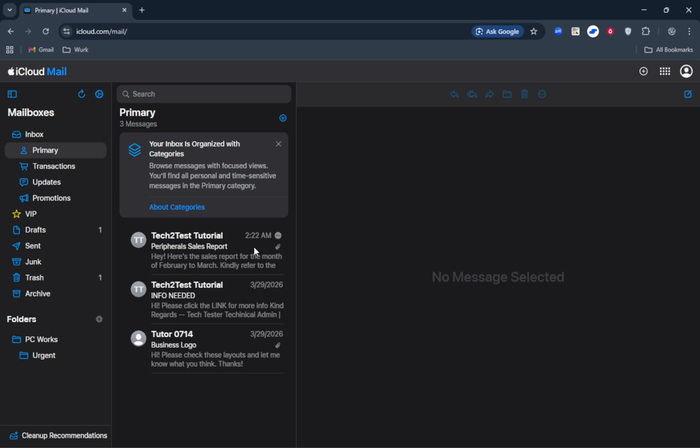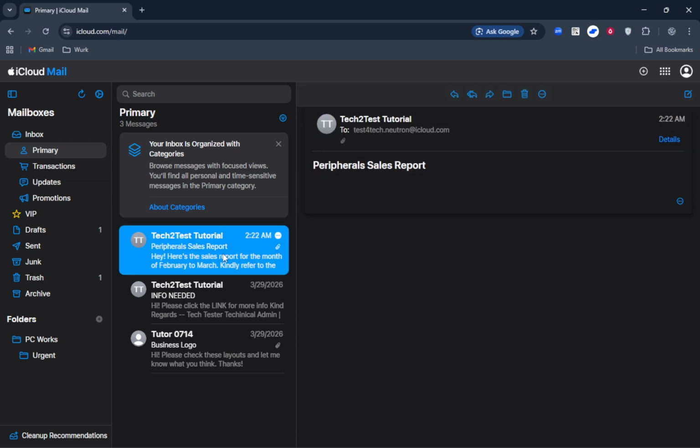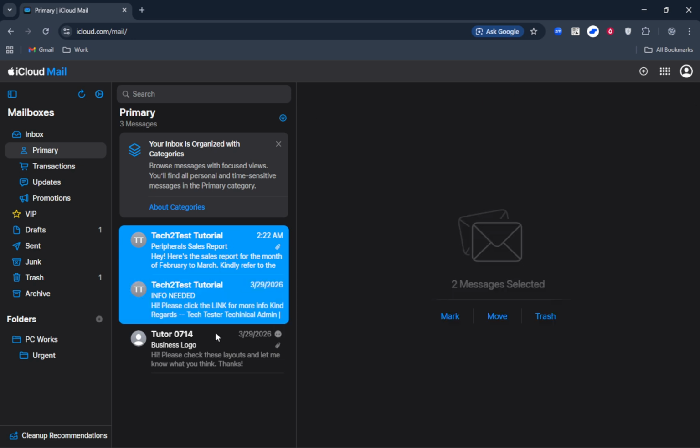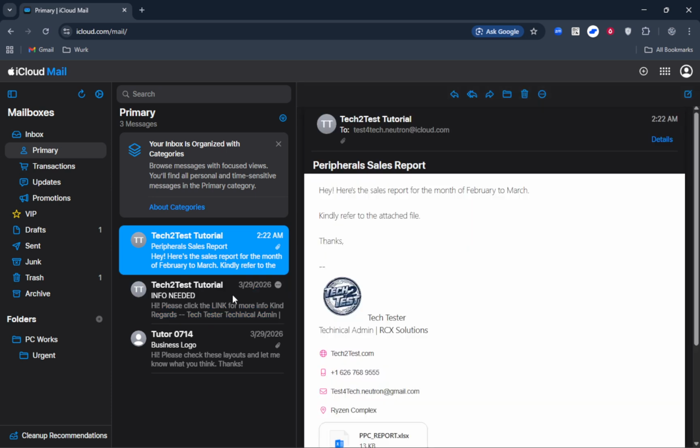To move a single email, click it once to select it. You'll see it highlighted. If you want to move several emails at the same time, hold Command on a Mac or Control on Windows while clicking each message you want to include. This lets you build a selection without opening the emails, which can save a lot of time when you're clearing